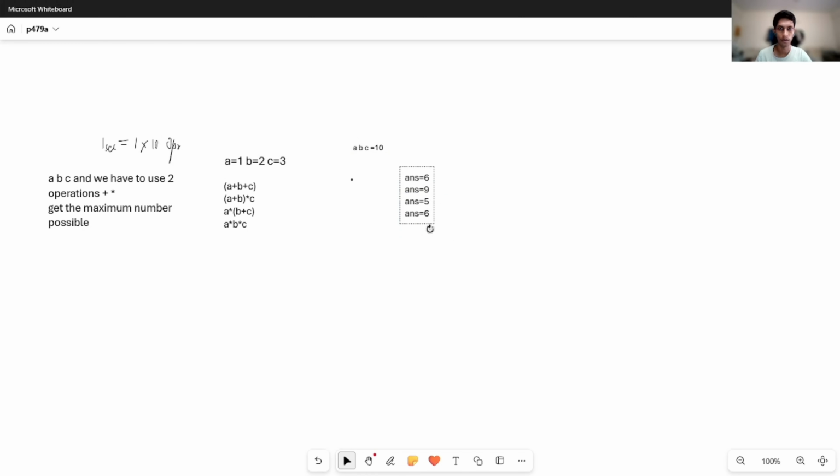So this is the logic behind this, and let's take one more test case. Let's take a random test case. Let's say our a is equal to 5, b is equal to 7, and c is equal to 8. Okay, so let's get the answers for this test case. For the first one, which is the addition of all the numbers, we'll get